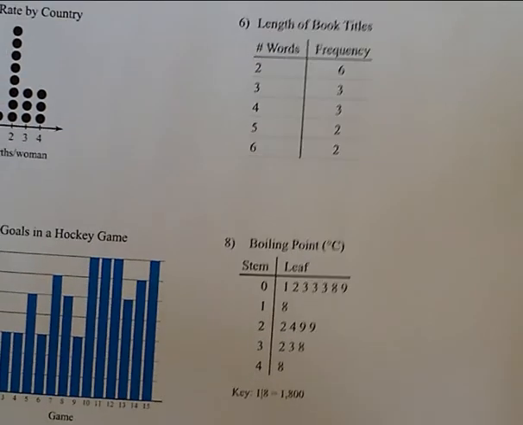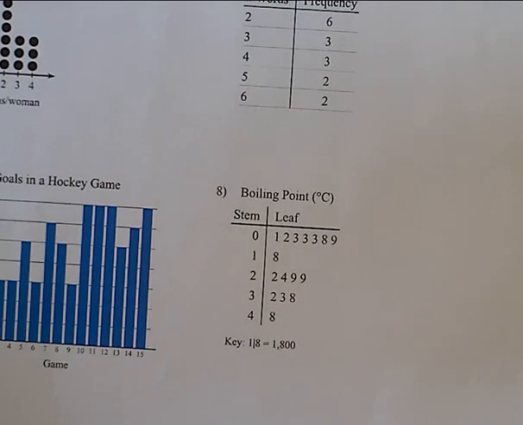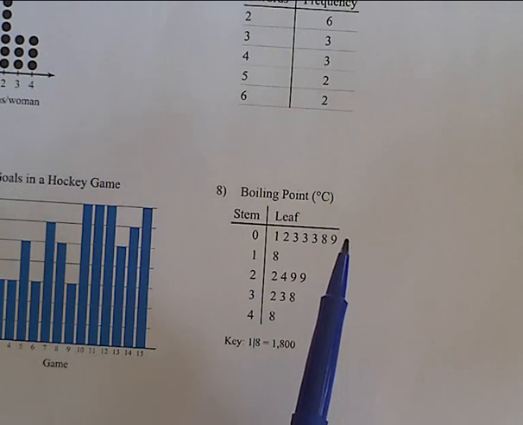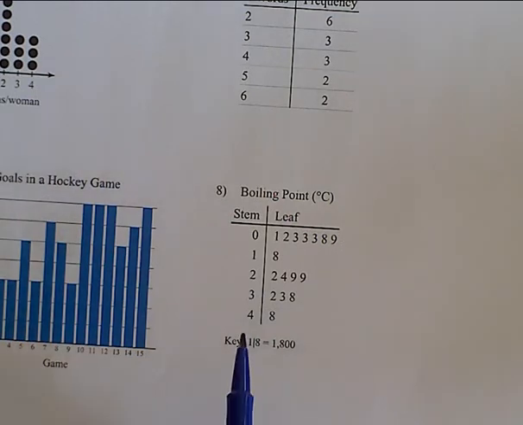They tell you in the key down at the bottom how these numbers were broken up. Here's the stem, here's the leaf. What we want to do is the first number is actually the thousands place. So a 1 on the left and an 8 on the right is actually